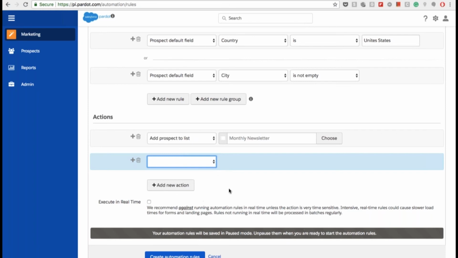When we define match all, you see this is an and, so both conditions must be satisfied for this rule to run. If we do match any, then either this one or this one, if any of the conditions is satisfied, this rule will fire. Okay, so how it will fire is we define a new action,